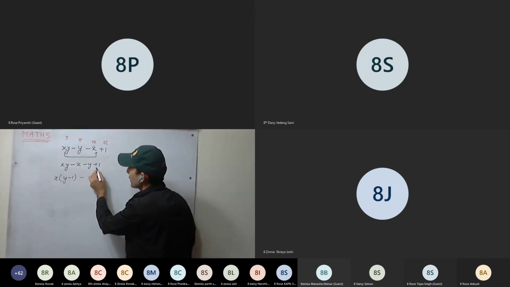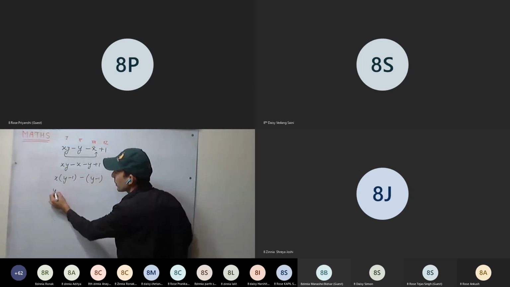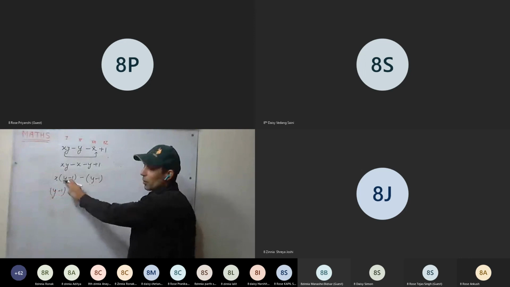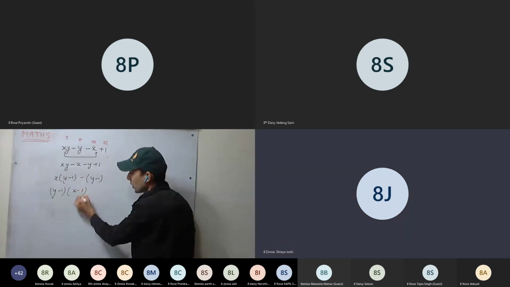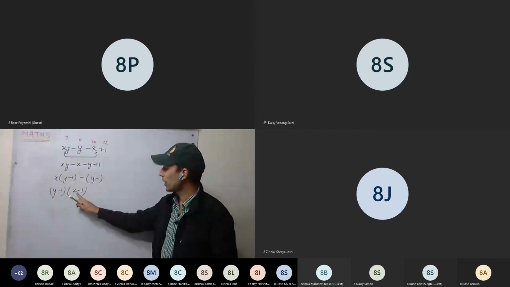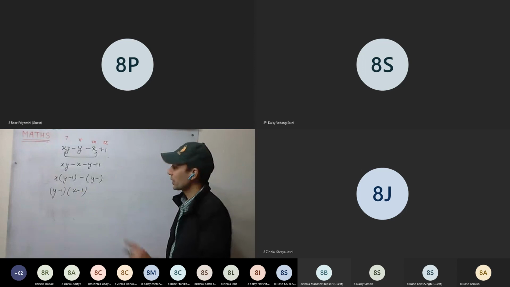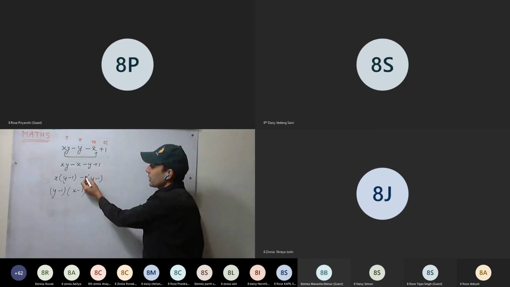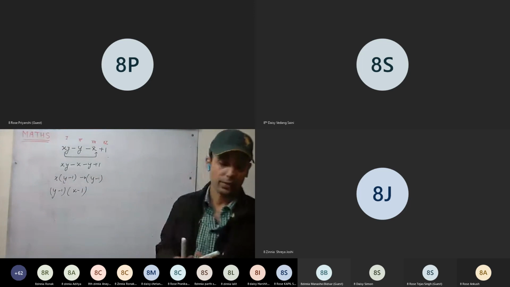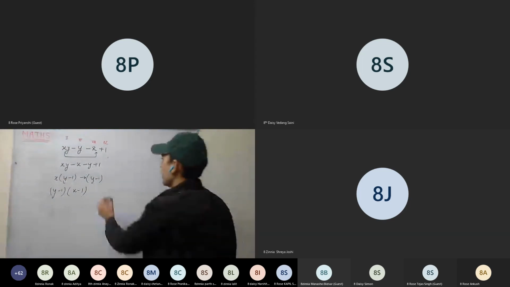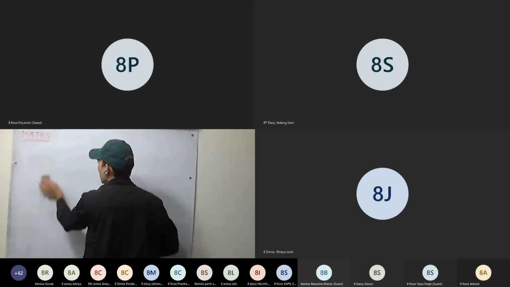Now, what will be the common factor here? So we put minus outside, y minus 1. Again, y minus 1 outside. We take common factor y minus 1 outside. What will be remaining? X minus 1. Don't forget to write x minus 1. Few students used to write just x. That's wrong. You can check again. Okay, it is 1 into. If you are taking y minus 1 out, 1 will remain there. Okay. This question is clear. Now we can start the exercise.